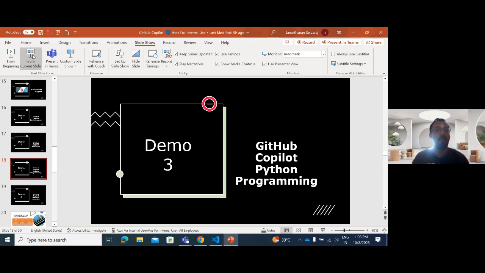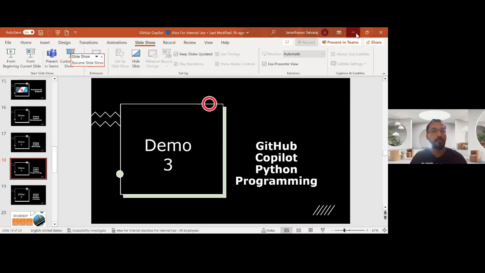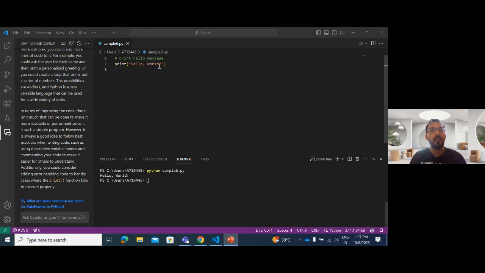In the next demo, we will see how GitHub Copilot will help in terms of Python programming. That's the next demo. So I'm going to write, so this is your comment. Create a Python class. I'm writing a prompt: create a Python class